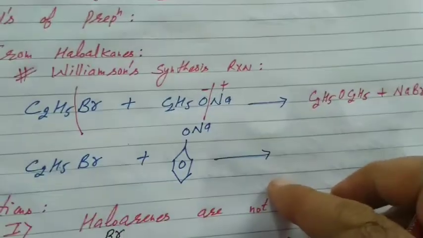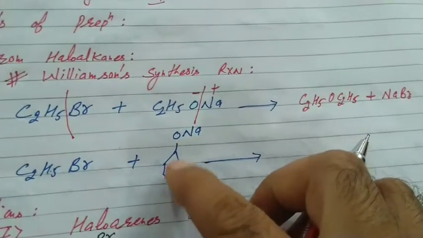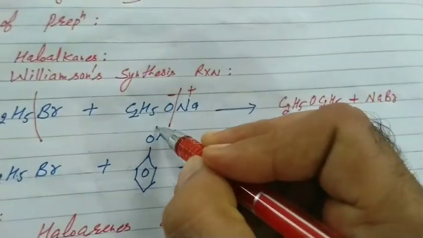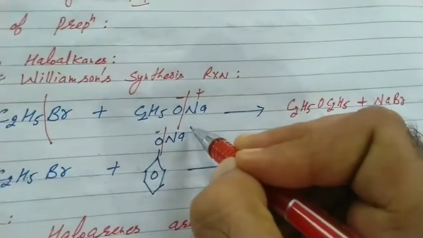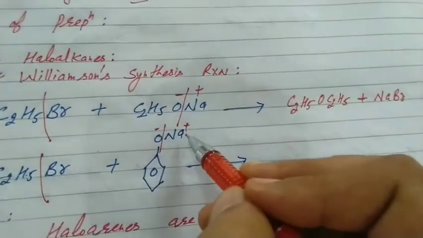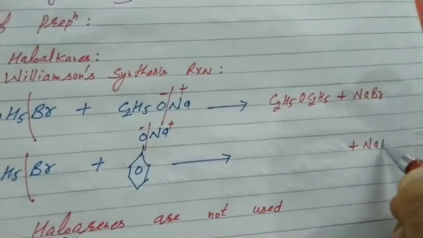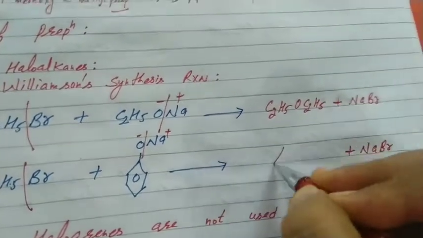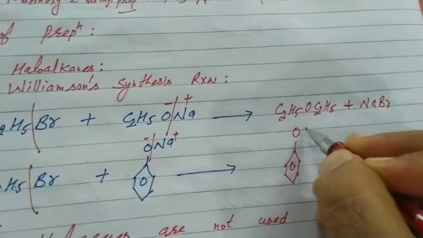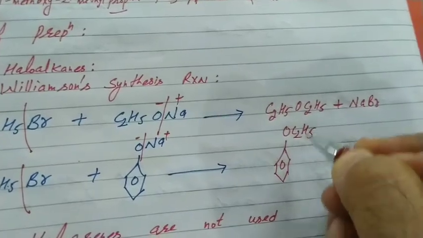Now when we treat haloalkane with sodium salt of phenol, C6H5OH is phenol, upon treating it with sodium salt of phenol, we get aromatic ether. Again, students, similar nucleophilic substitution. Halide ion, sodium possesses strong affinity. What will happen? NaBr eliminates. Now what is left? C6H5O, C2H5. Aromatic ether, phenetole, ethyl phenyl ether.